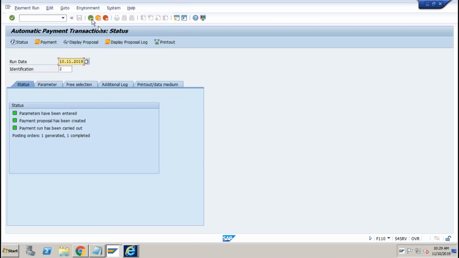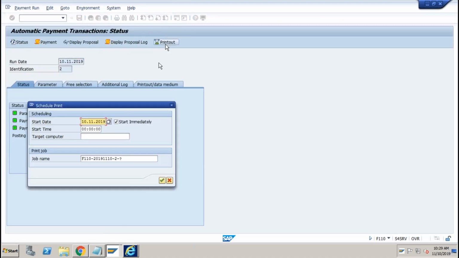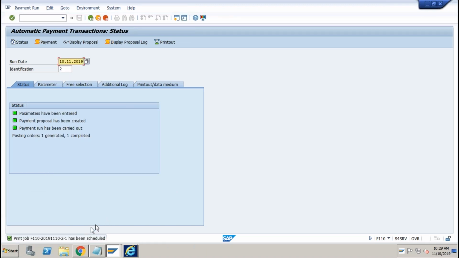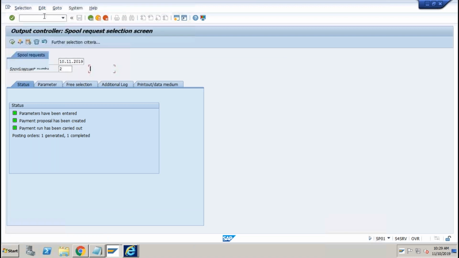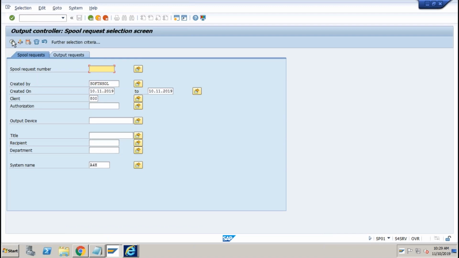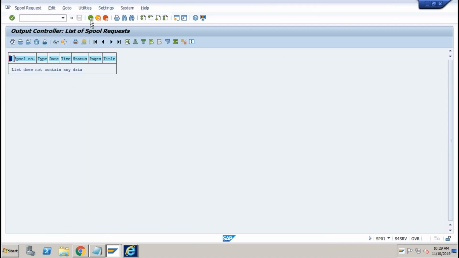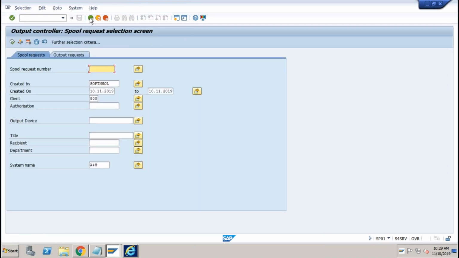I'm not sure whether it will work. Let's go for printout immediately. Okay, replace the question with 1 or something. Okay, so print has been scheduled. If the print is scheduled, you can go to SP01, which is spool. Don't worry if you don't remember it as of now. There are a lot of things which you need to remember. No, it is not coming. So just don't worry about print, because